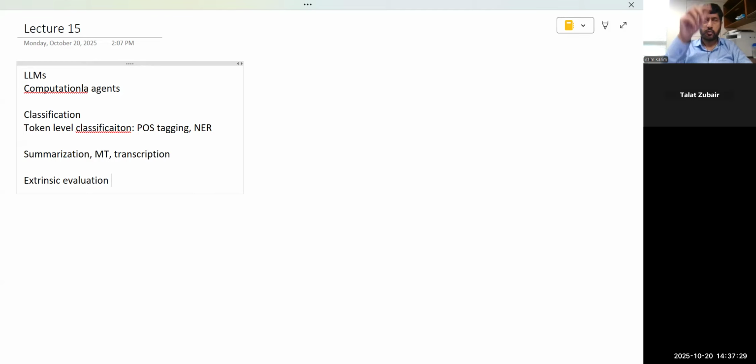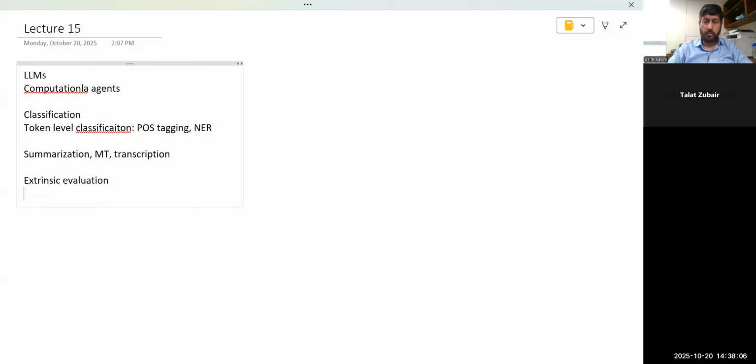So those tasks could be any of those that I mentioned above or any others. And nowadays, as you know, large language models are being produced left and right by different companies. So how do you evaluate them? You usually have a benchmark of all of these tasks, and you run those large language models on those benchmarks and evaluate their performances. So the benchmark could be on summarization, on translation, on classification, and so on. So this is extrinsic evaluation.